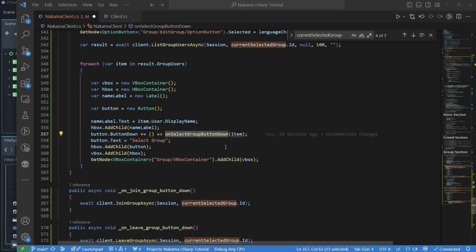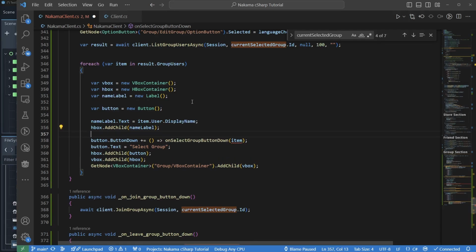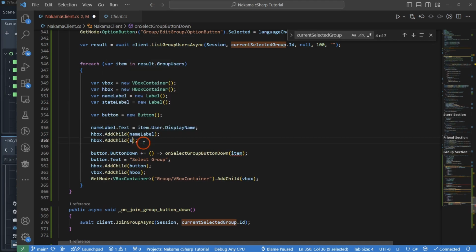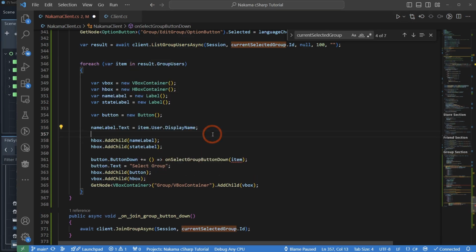So I don't really care if the select group button down is a thing, but what I'm going to do is add in another text here that basically is going to be the state of the user. So state label like that. And then I'm going to also add that child as well. And the state label dot text is going to be equal to, so what we can do is just come